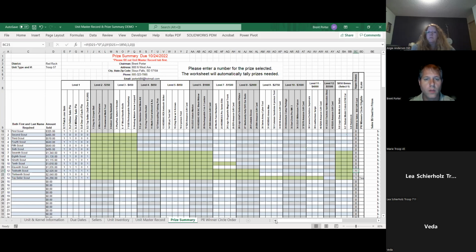Prizes. We're entering our prizes in here. Okay. When you have finished entering your prizes at the end of the season, you will need to go onto the PR Popcorn site and just select all the prizes that you have accounted for here to get everything to be ordered from that company that we were using for prizes. Submitting this to Linda gives her the information she needs for the level 1 and a couple of the other levels in the later part. But you will have to go in and fill out the level 2 through level 12 items and also the PR Winner Circle items. We'll get to that in a second.